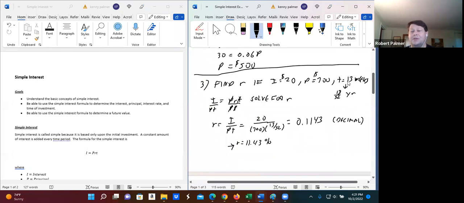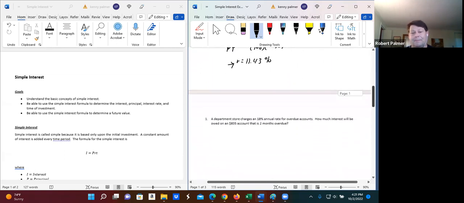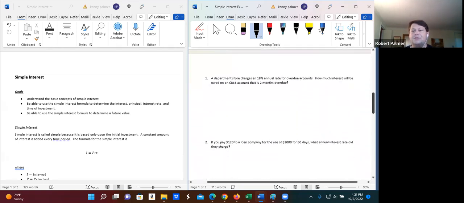I'm sorry, $20 per month. So that's not per year. That's per 13 weeks, so that's 1/4 of a year. So it'd be $80 of interest per year. Okay. Now let's look at some more problems stated more in the form of an application, and we'll see how